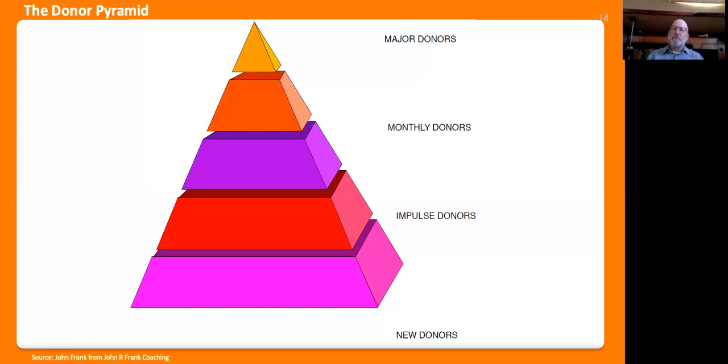One thing I just want to throw in, I'd ask you this in advance, but you said, and this obviously varies based on organization, a rough estimate is that 10% of the donors might be major donors, 20% monthly, 30 to 40% impulse donors, and then 30 to 40% lapsed. That's if you're balanced. Some are going to be different, obviously. It's a helpful start for organizations to think through where they should be doing a better job.